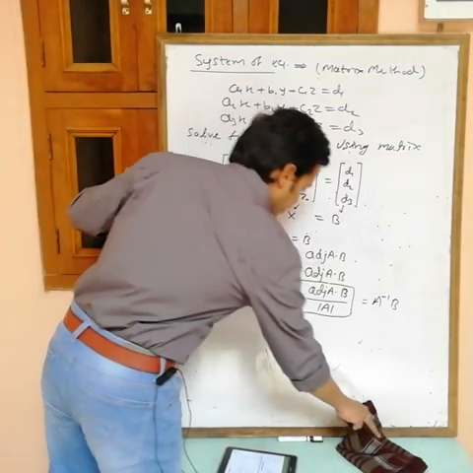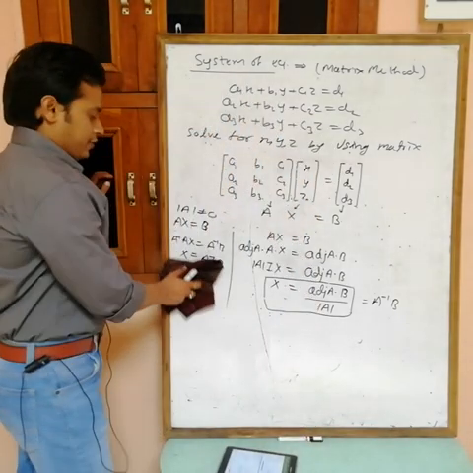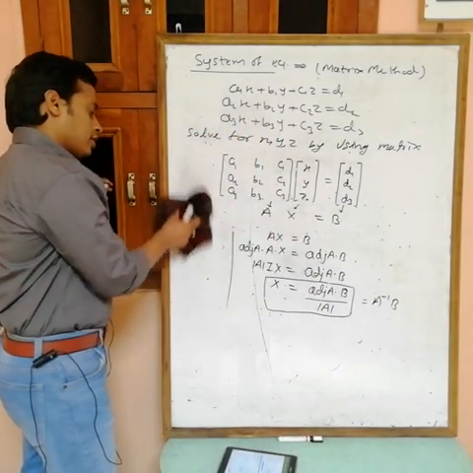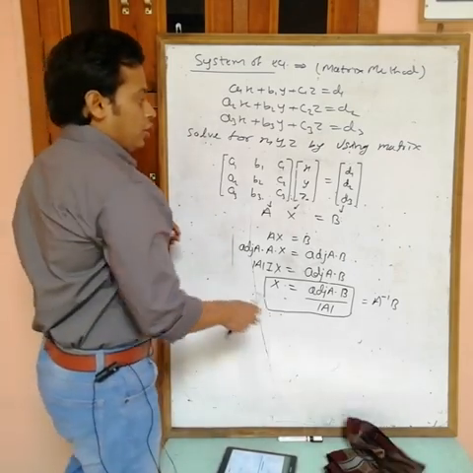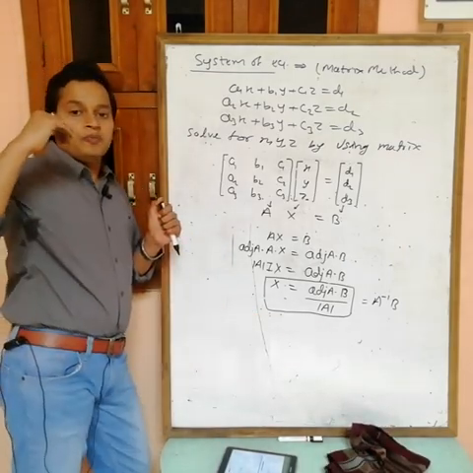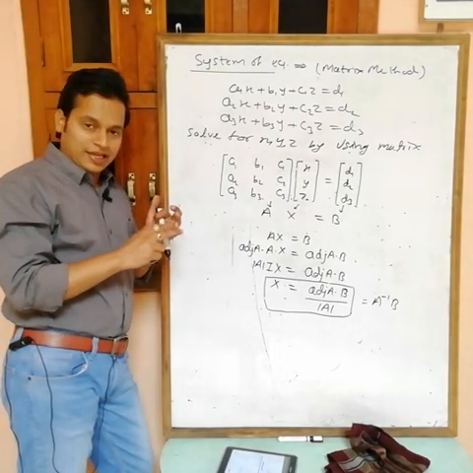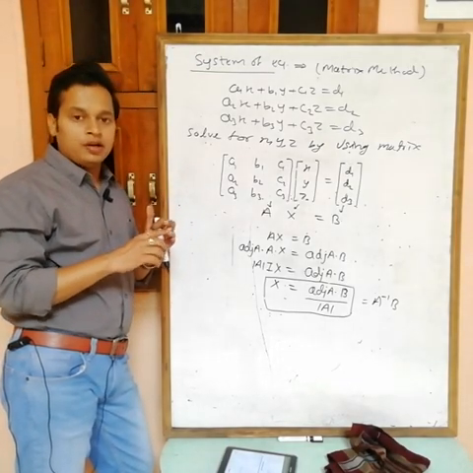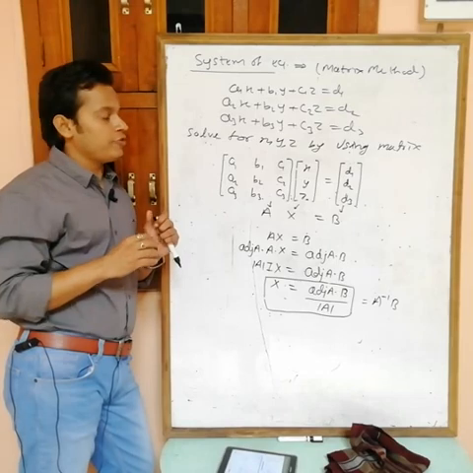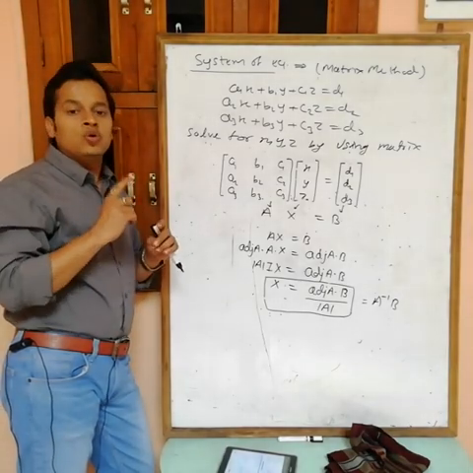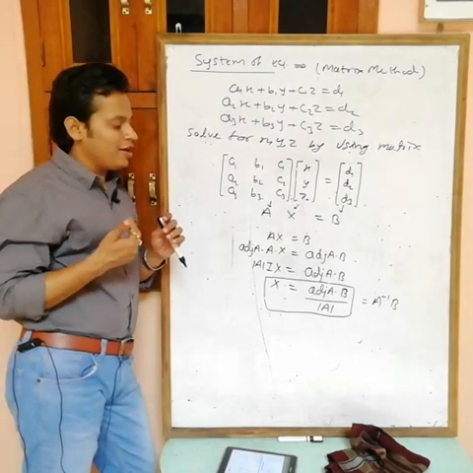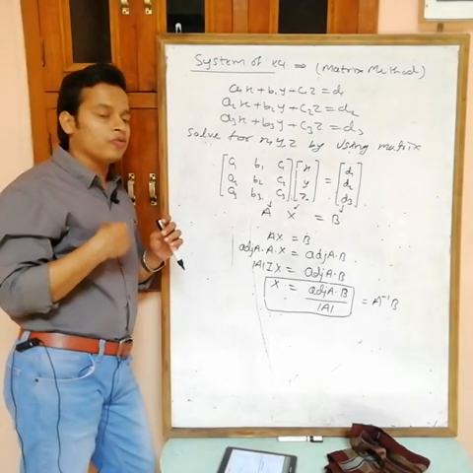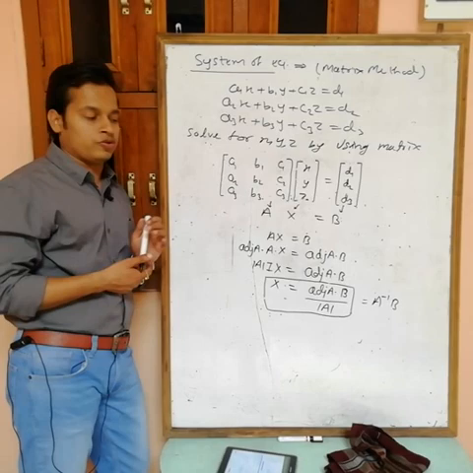Okay, so here we are getting the value of x. Now again, in Cramer's rule, we have seen that by using the values of determinants del 1, del 2, del 3, we can identify that a system of equations has one solution, no solution, or infinite solutions. So in this method, how can we identify whether we have no solution, a unique solution, or infinite solutions?